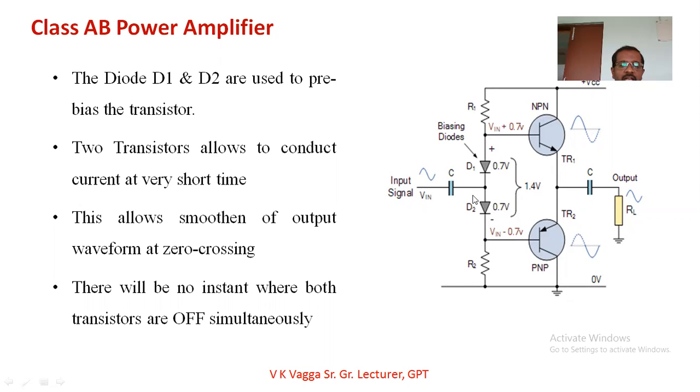It is diode 1 and diode 2. And if you are using the diodes in this way in the complementary push pull amplifier, it is itself going to operate as the class AB amplifier. Okay, so what these diodes, D1 and D2, are used for is to pre-bias the transistors, and what these two transistors allow is to conduct the current for a very short time, and it allows the smooth turn of the output waveform at the zero crossing. And there will be no instant where both the transistors are